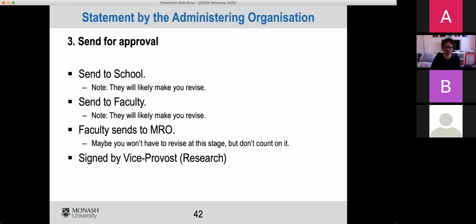So the approval process: the school will need time to do it. The deadline for it to come to faculty is 2 weeks before the MRO, because I need time to read them all and provide feedback, and then you need time to make the changes and send it back. And then it goes from faculty to MRO. MRO might not make you revise it, but they also might. So it's all time. It's got to go across the desks of a bunch of busy people.